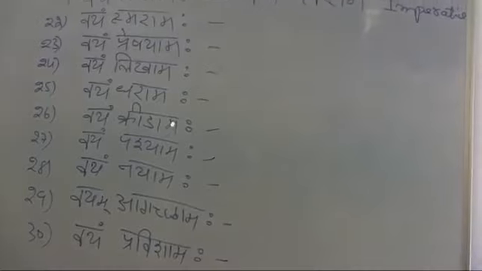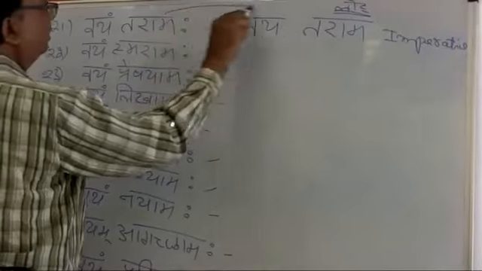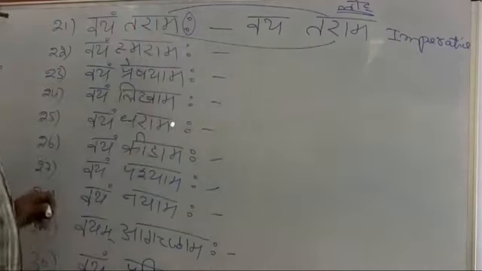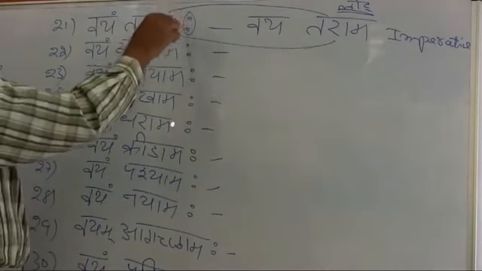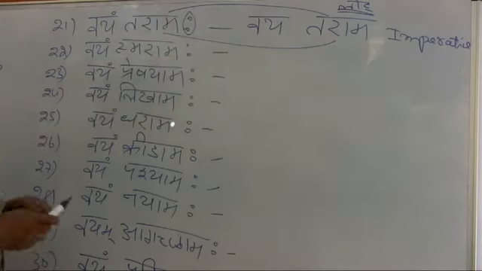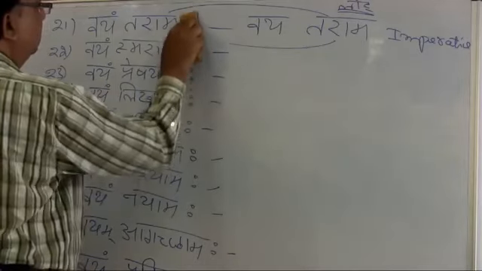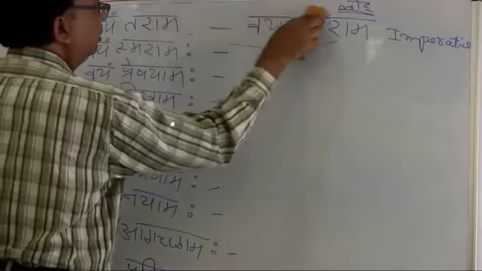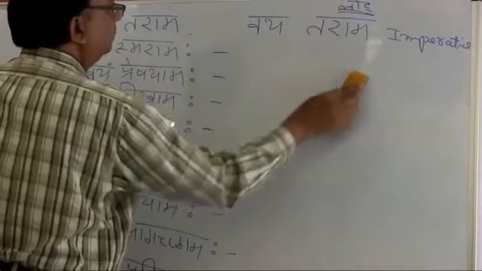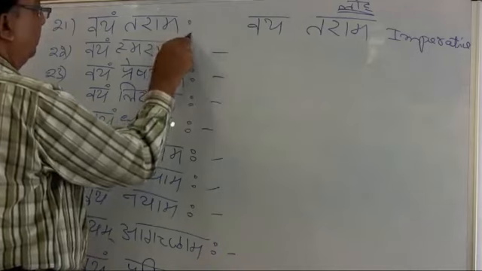You can see this here, the top. Tarama. What is the difference between taramaha and tarama? The difference between this is only the visarga. If this is deleted, elision I said, then it is converted into imperative mood, plural number. Only by removing the visarga, you are converting this present tense verb into imperative plural verb. Taramaha becomes tarama, and like that you go with the rest of the verbs. You can do it within no time.